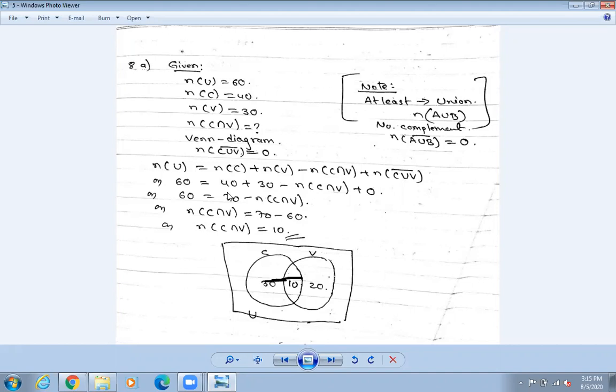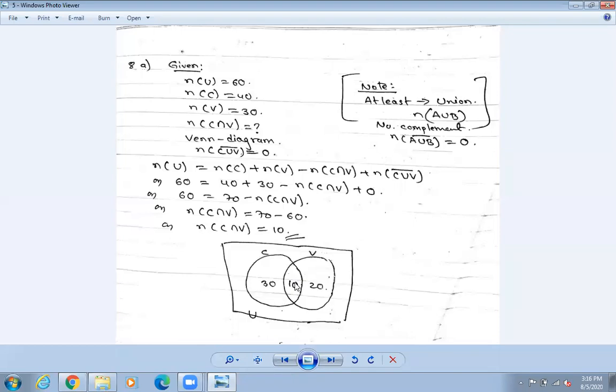So let us take number 70 this side, otherwise you can take 60 this side. Minus that plus, it becomes plus. 60, let us send this side, it becomes minus. Okay, so it is already in minus, so किन minus मा राख्ने भनेर minus लाई त लगाएर plus गर्ने, 60 लाई त लगाएर minus गरिदिने. That is what is the value of C intersection V. Okay, so it is 70 minus 60, it is 10. Okay, so intersection, the value of intersection is 10.